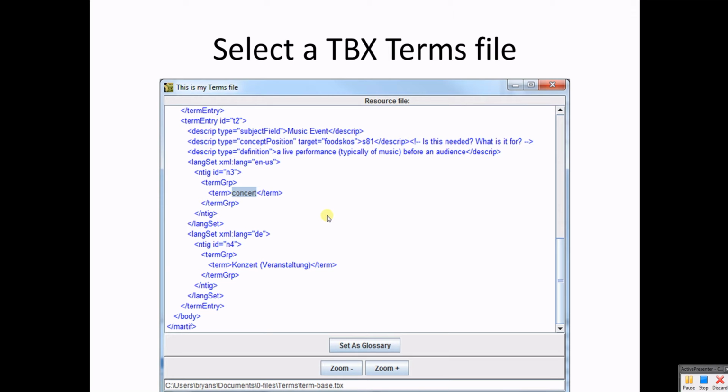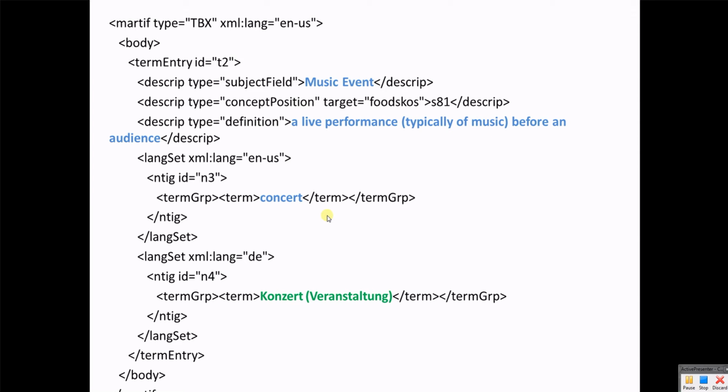It has a definition there and an optional translation to German. The purpose of TBX is not necessarily to have the translations, but the more important thing is to have the definition so that the translator can have that. So in this case, we've opened this file and it's got this term entry